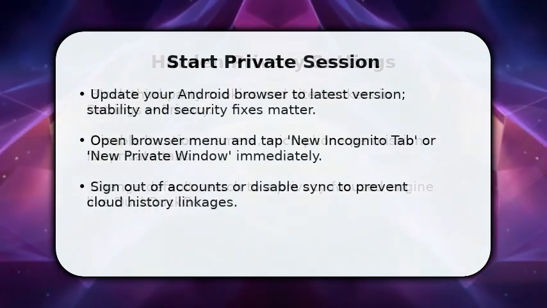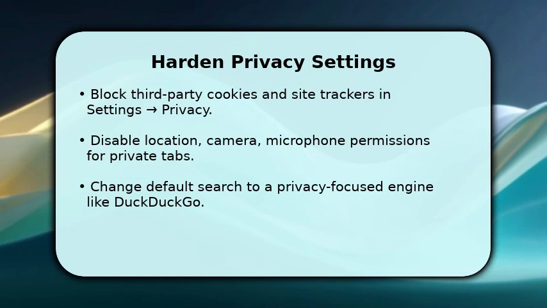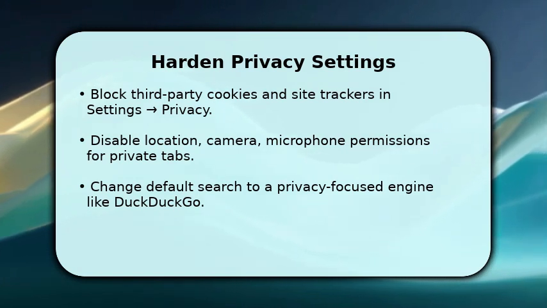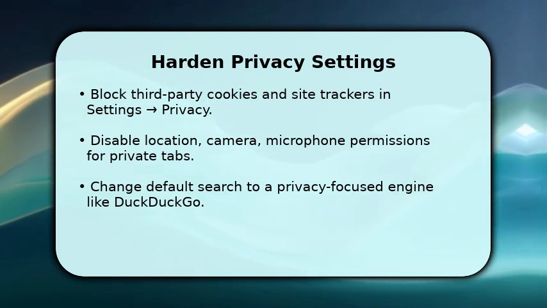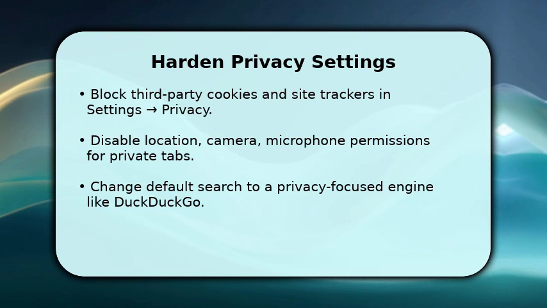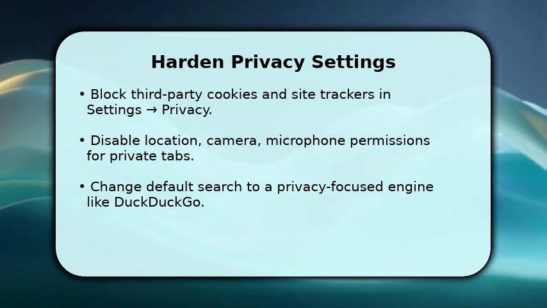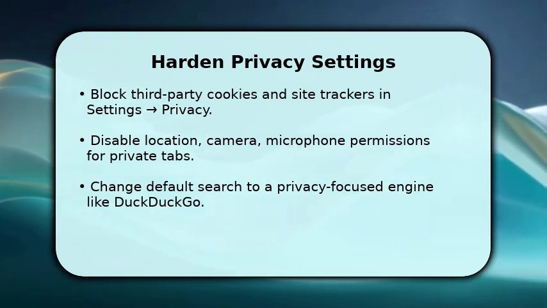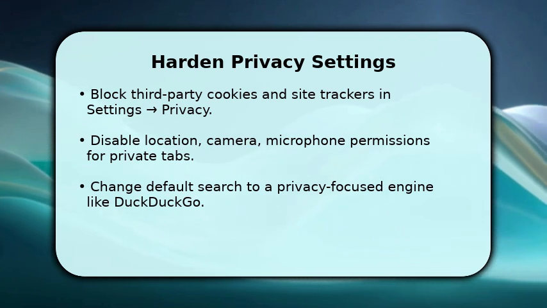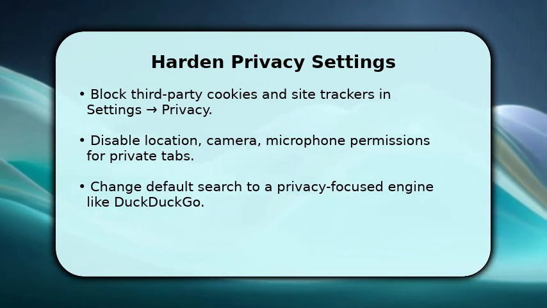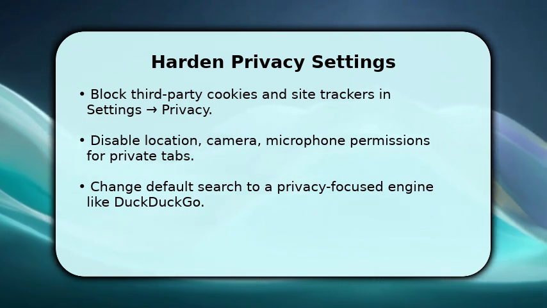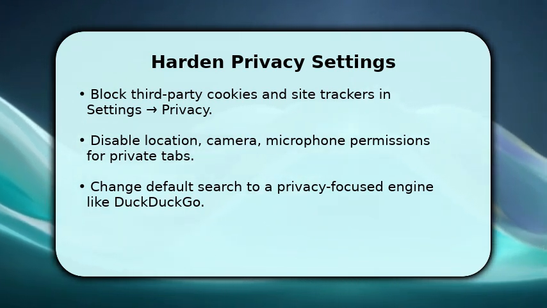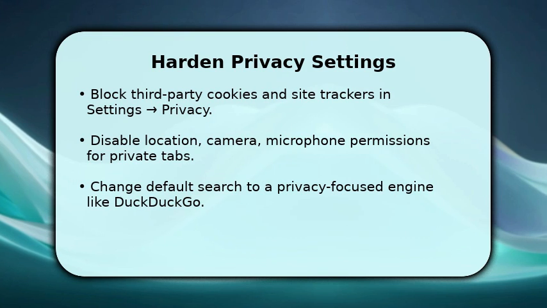Next, focus on the controls that change how sites track you. Go to Settings, then Privacy, and block third-party cookies and trackers. That cuts fingerprinting and cross-site profile building. Make sure location, camera, and mic permissions are off for the session. Private mode doesn't auto-revoke those. Also, switch your default search to a privacy engine. This reduces search logging. Once you finish, test by opening a few sites and checking site settings to confirm trackers